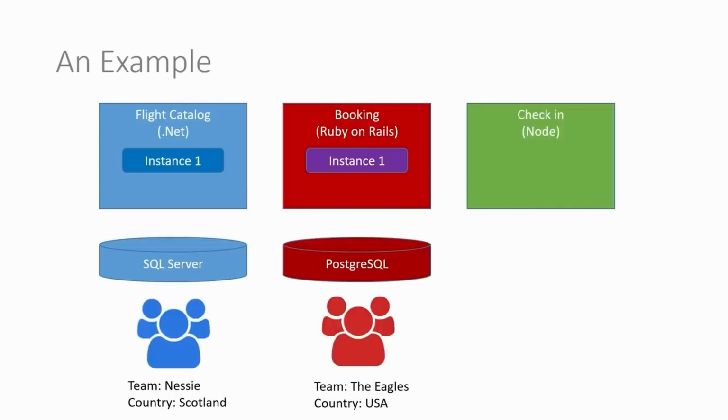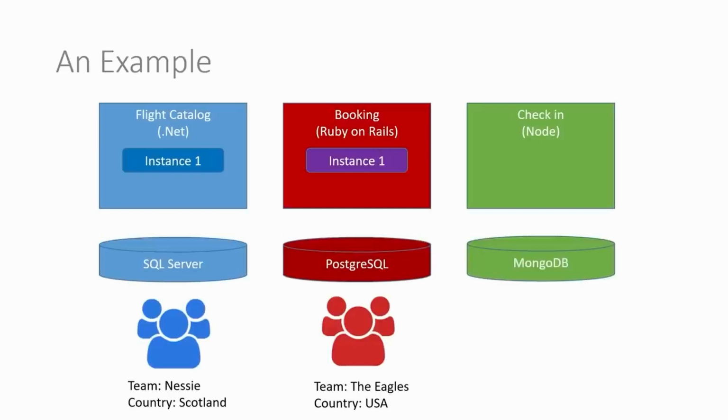And it comes back to this whole point that one of these instances can go down, the other one will continue to run pretty much uninterrupted, possibly with some limitations. And then to round out our airline example, we'll have a check-in service. So somebody uses the flight catalog service to browse flights. They will then use the booking service to book a flight. And then finally, at the airport, they will check in, or they can check in online.